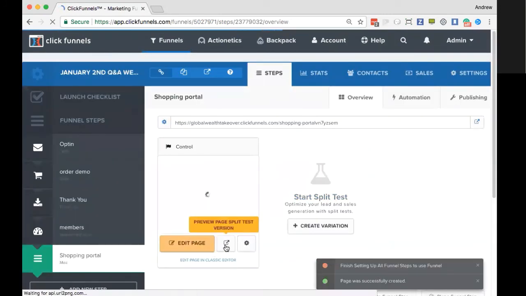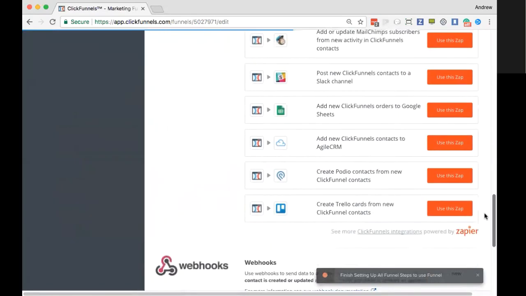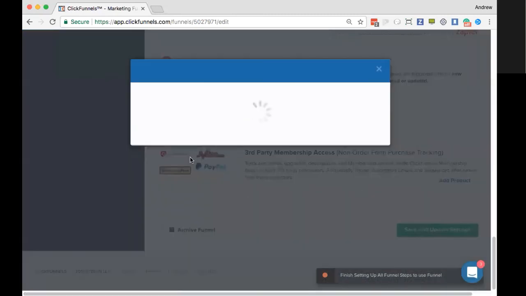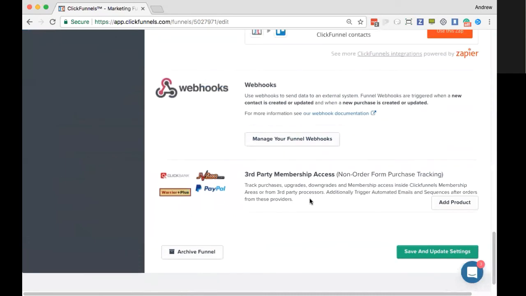So in this case, what we would do is, up here in our settings, we would want to integrate PayPal. All the way down here on the bottom, you can see our third-party membership access, adding the product here to this particular page, following our article in the help desk about integrating PayPal. Obviously you're going to set the product up on the PayPal side. You're going to get the information from PayPal to bring over to this particular integration, which just popped up when I closed the window. But you'll set that up here and you'll see your products being listed.